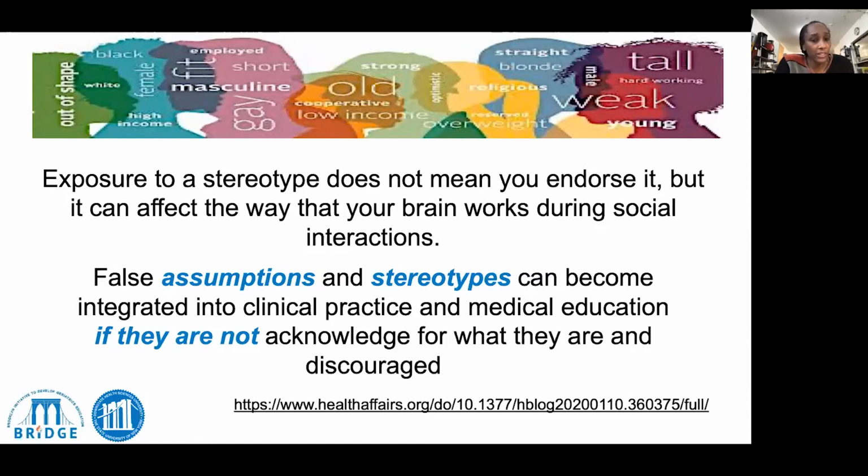But often within healthcare training, these false assumptions and stereotypes can be integrated into clinical practice or medical or nursing education if they're not acknowledged for what they are and discouraged. So you as trainees might be confronted with ageist language coming from residents, coming from faculty